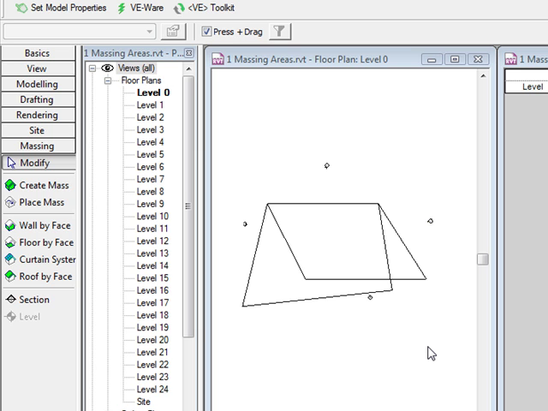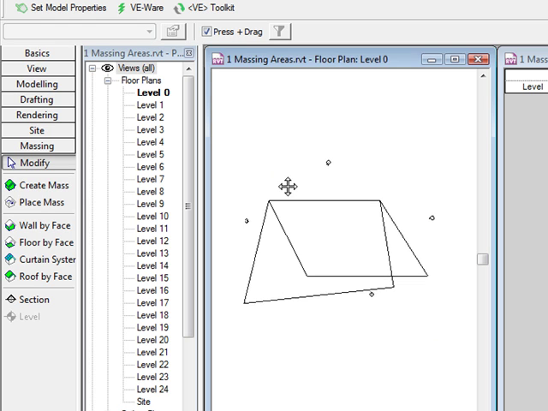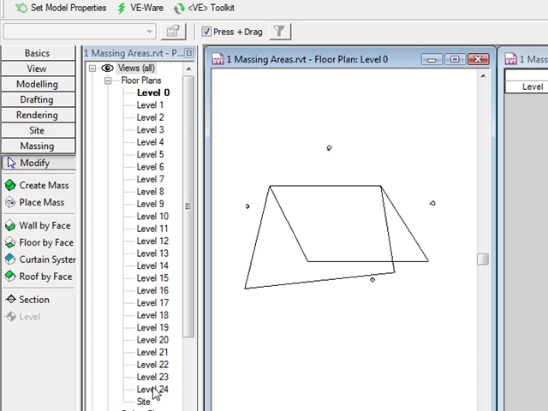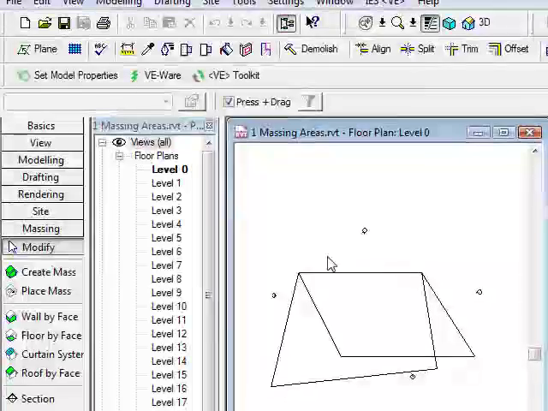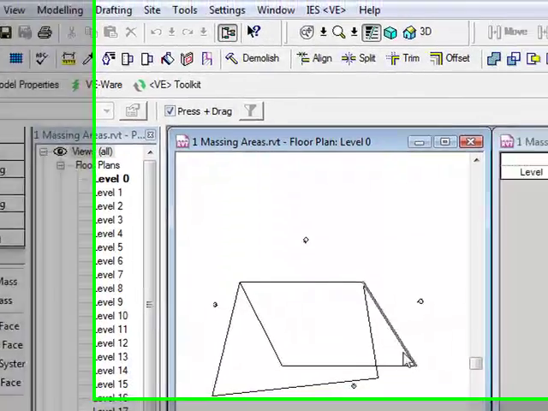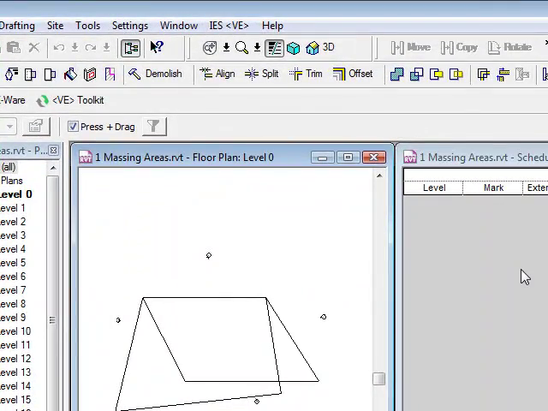And one of the really cool features in Revit Architecture is the conceptual modeling functionality, and we do this by creating masses. You can see on the screen on the left hand side I'm looking at my floor plan level 0. It's going up to 24 levels, and I have a quick sketch of an outline for a building. This is going to represent the bottom, this is going to represent the top. On the right hand side I simply have a schedule that is going to be the schedule of my mass